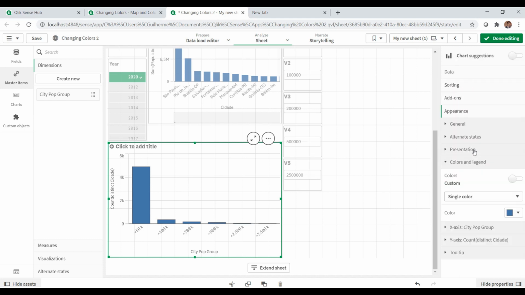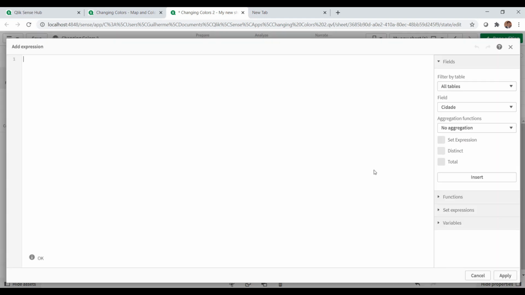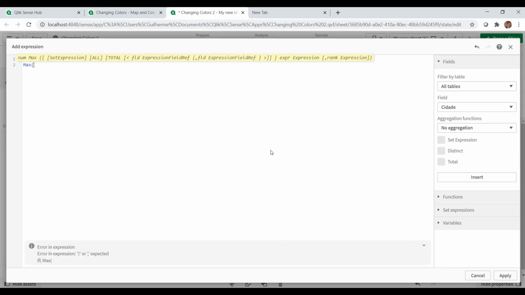So in the color expression, let's do the following. If the max value of my aggregation using the sum of population and city is less than or equal to my V1, bring me white. So what I'm saying is the first group, with the cities that have very few people, bring me white. Okay,